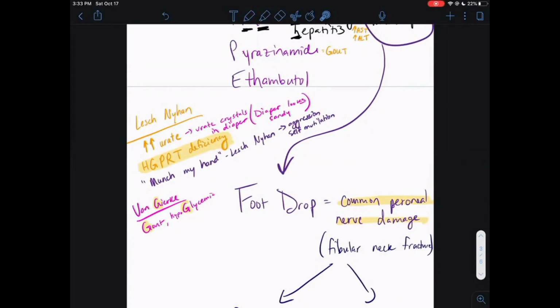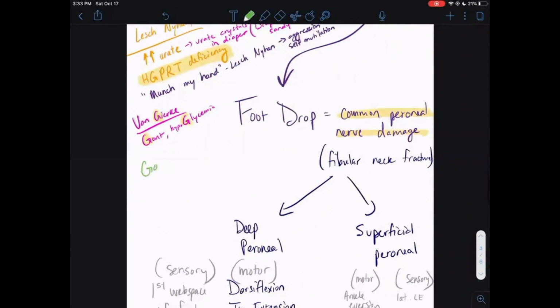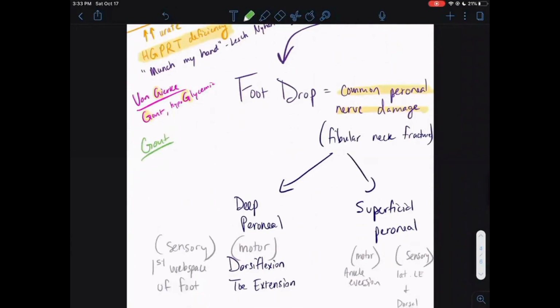And so there's obviously tons of things we can ask about gout. We could say, how can you treat it? Really the first thing is to fix your diet, because oftentimes people with gout either have too much alcohol in their diet or too much red meat, because with red meat, remember, all those purines build up, and so you have a difficult time excreting that. So let's just make a little note down here. Let's talk about regular gout itself now. You have diets that are high in purines. And so what are the two main things you look for in the question stem? Either people that have a lot of alcohol use or people that eat a lot of red meat.